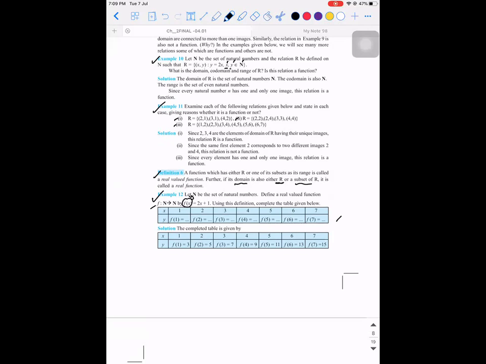Instead of f of x, think of it as y. So y is equal to 2x plus 1. What will you do? You will draw the tabular column and substitute the x values. Whenever you read a question, especially a problem based on function, the important point to concentrate on is this. Relation is not a big issue.